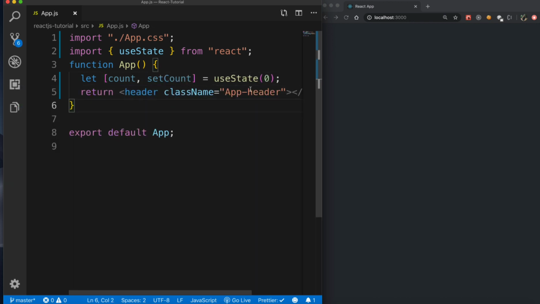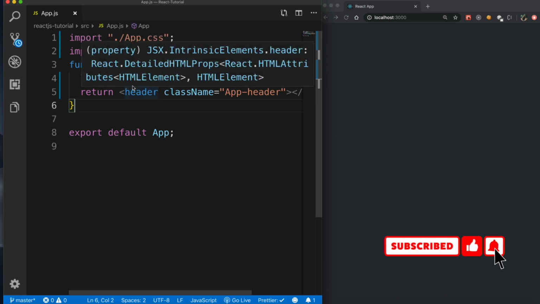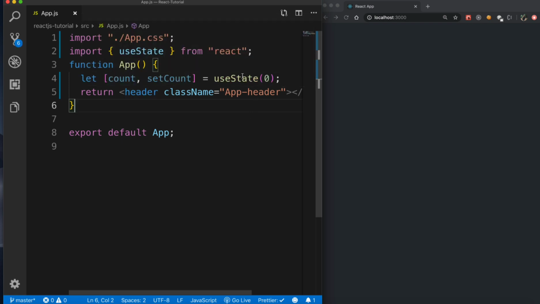So let's see what this does. Basically, you have your count, and inside of your count you want to store state. The initial value of count should be 0, right? Because this is the default value or the initial value we have given inside of useState. If we want to change the value from 0 to anything else, we will have to make use of our setCount function. Alright, so now let's go ahead and do that.